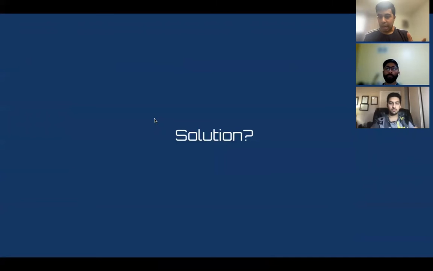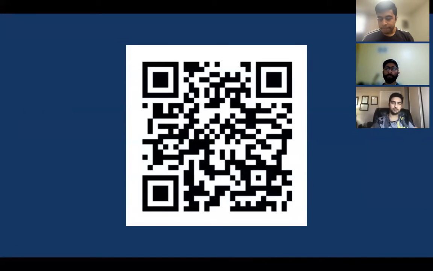So what is our solution for all of this? And that is a QR code. So a QR code, or quick response code, would basically be storing all the information of each patient in a single QR code. So what we decided was we could make a database which would have the information of all the patients, and for each patient, there would be a QR code that would be generated. And upon scanning it, it would show all the patient history, medical history, and anything that is relevant to the